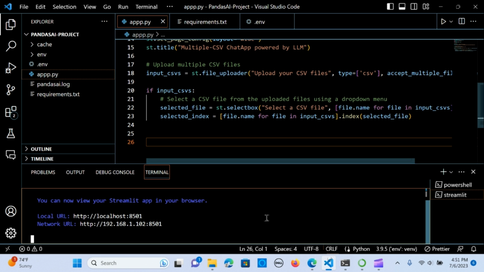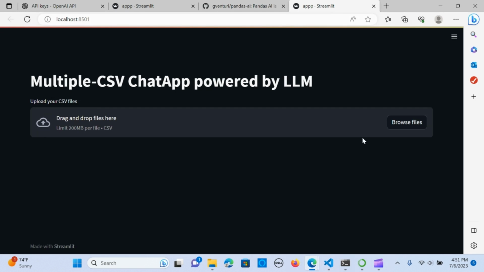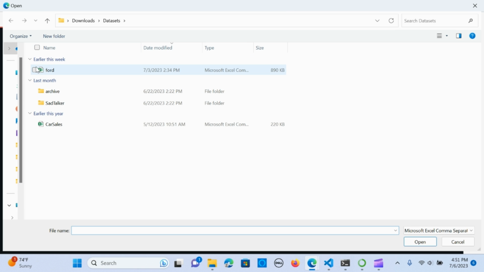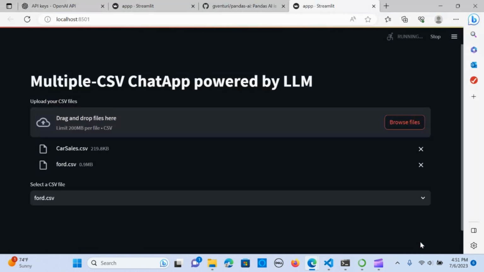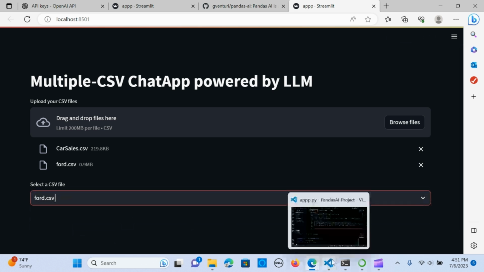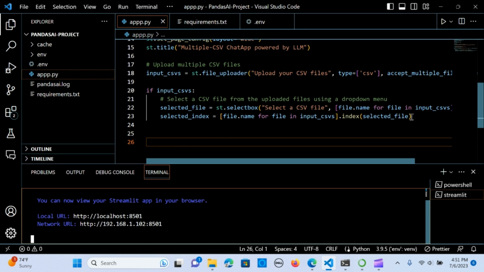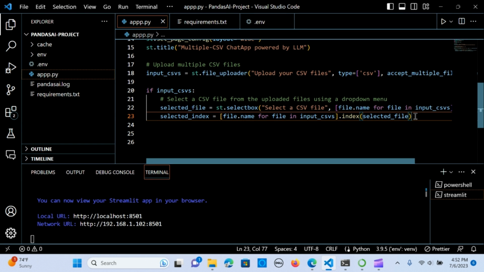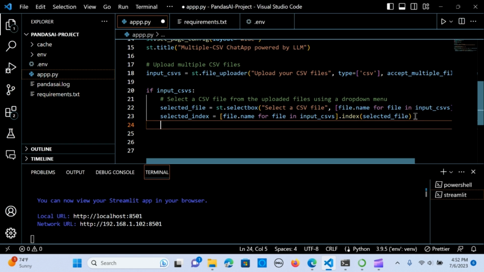All right, and it has the option. So let me try that and see if that is going to work. Okay, so you see select a CSV file. You have the option, select any file. At this point, okay,